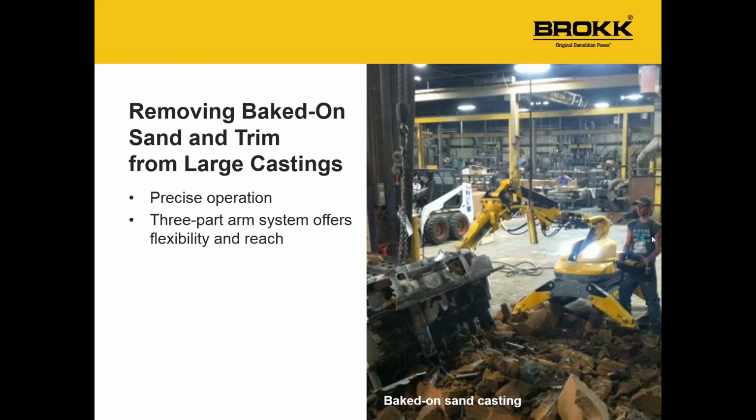One other interesting application, really more for foundries doing large casting work, is removing the baked-on sand from the large castings. We've heard about some pretty hair-raising approaches to this problem, mostly involving those forklifts again, in this case being driven into the sand at high speed, and going through an awful lot of transmissions, we're told. But there is a better way. In many cases, if they're not using the forklifts, they're using handheld tools. Also, as we'll see in a moment, sledgehammers. But we find that this is a very good application for demo robots. It's an excellent alternative to manual labor, and the machines are very stable, very precise, and if you use a blunt chisel, you can remove an awful lot of the sand